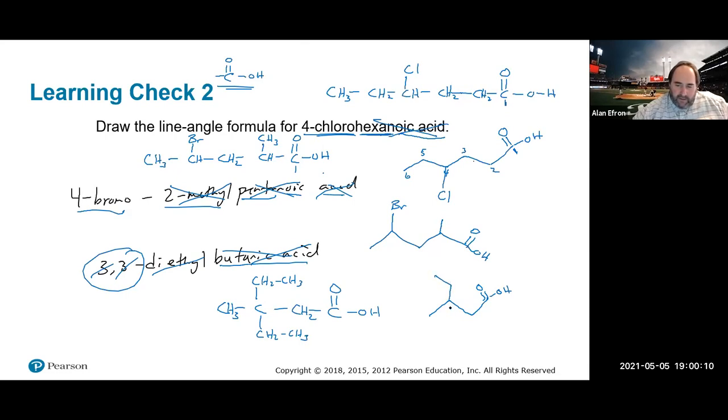Then there would be 1 carbon and 2 carbons going that way, 1 carbon and 2 carbons going that way, and our base of 1, 2, 3, and 4 carbons going that way. Any questions on that? Questions on how to name carboxylic acids or draw carboxylic acids? Okay,